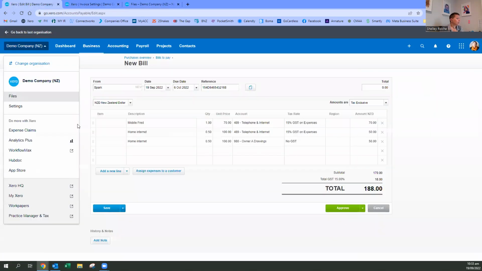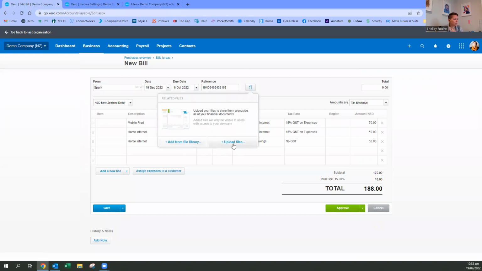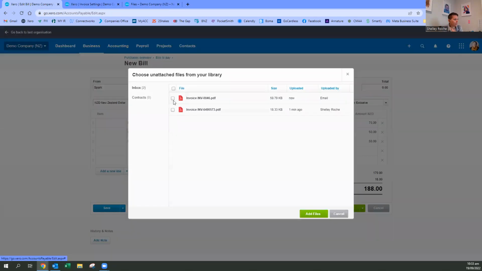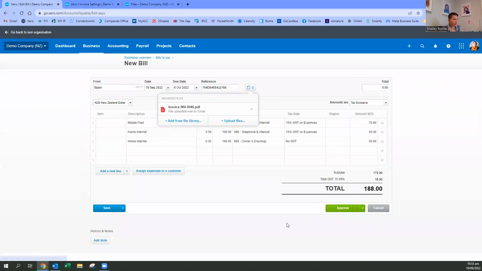So then if we are putting this in, say we'll just pretend that email from Fred was our bill for Fred. So we can go add from file library, click it on, add one file. So that means that copy of that invoice is always attached here. So if you ever were looking for this transaction and you wanted a copy of the invoice, you've always got it there. Handy, especially for the likes of Noel Leeming and Harvey Norman, things that give you the thermal receipts that fade. You can take a picture and attach a copy, and then you've always got it in